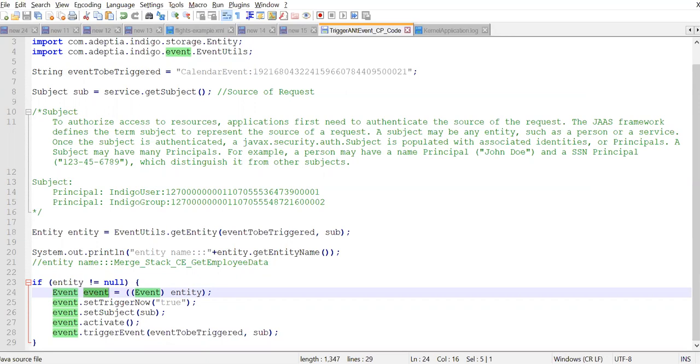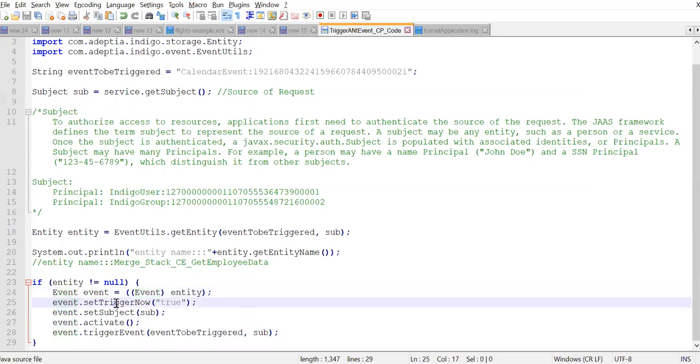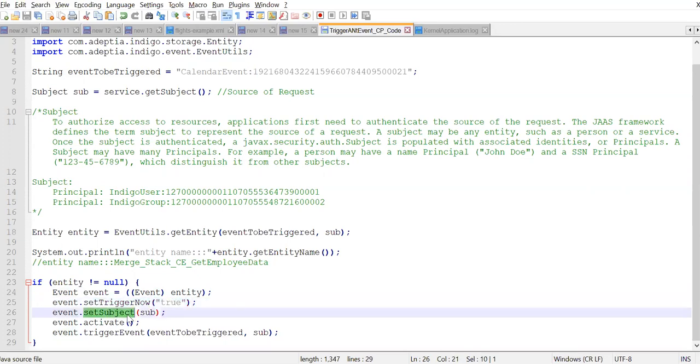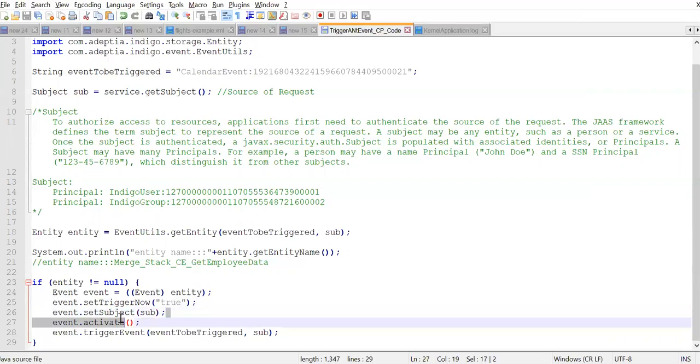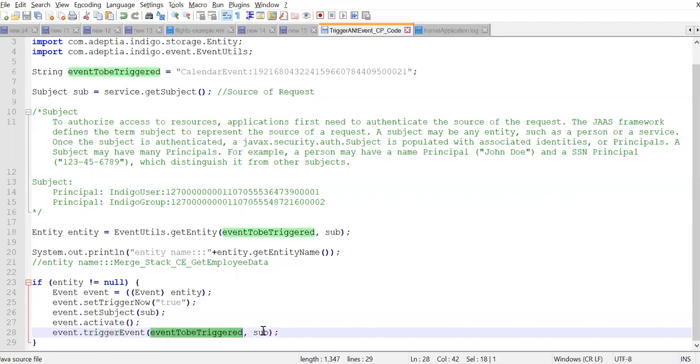So make sure that your event is in disable mode. Then you can set trigger now equal to true, and set the subject. If you want to operate on this event, you need to set the subject, and then activate that event. Once the event is active, you can pass these two objects and trigger the event.